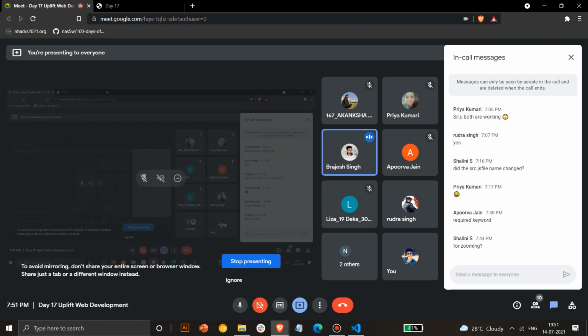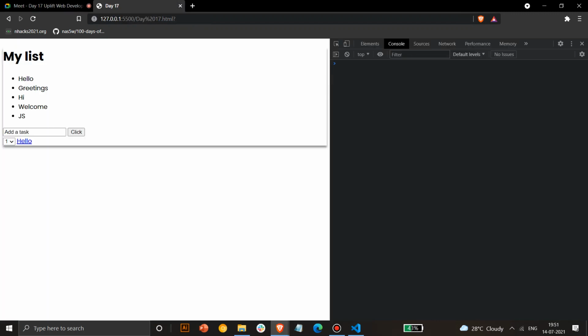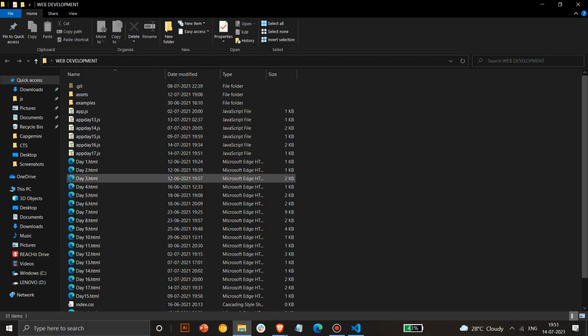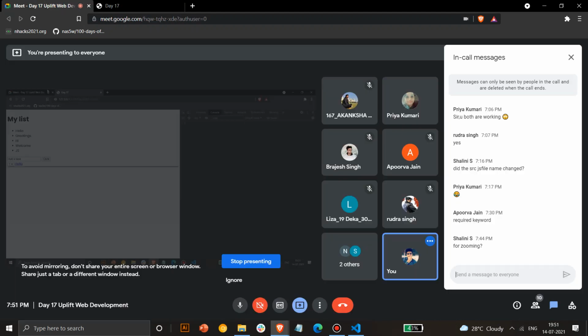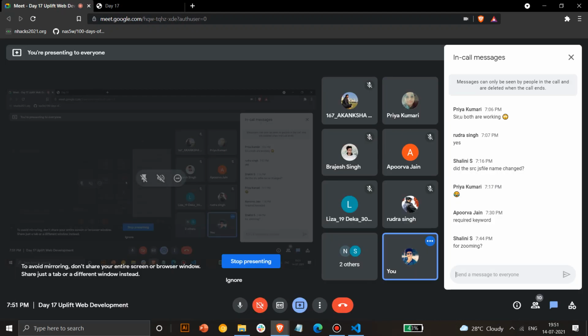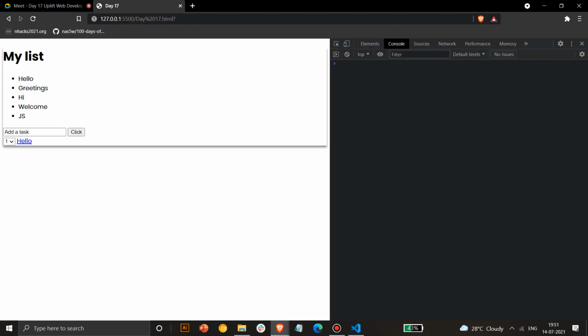Storage of our local machine, our PC. Storage of a local machine. Yes, that's correct, but this is local storage also. What is it relevant to? Browser. Browser storage. Okay, that's right. Anyone else? So data will be stored even when the browser is closed. Oh, that's right. Very good. This is a really good answer.